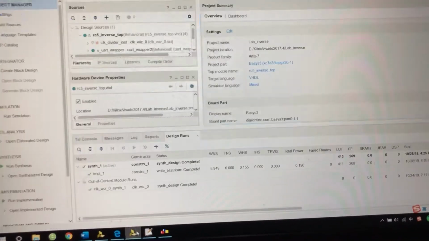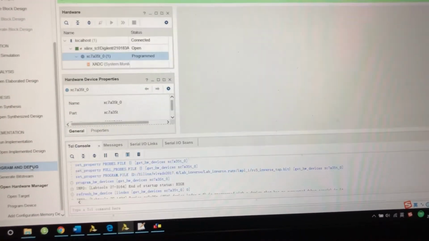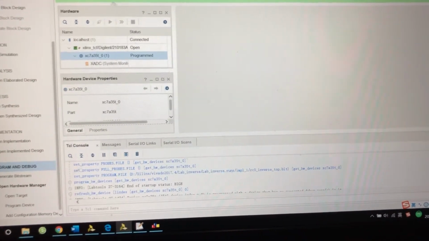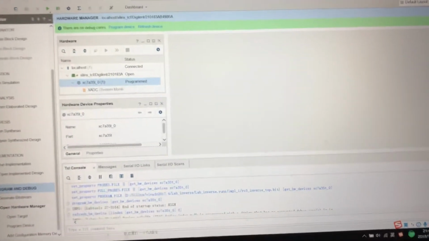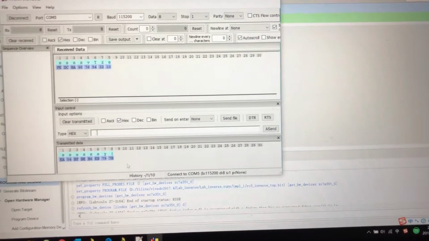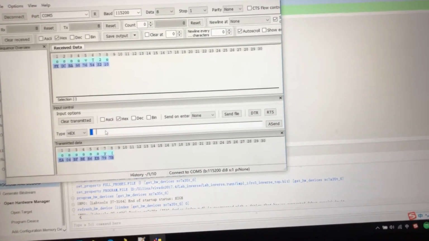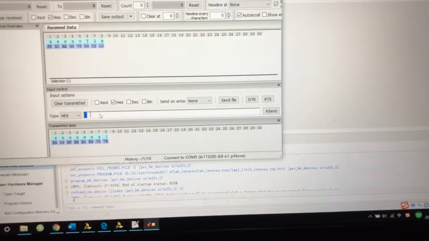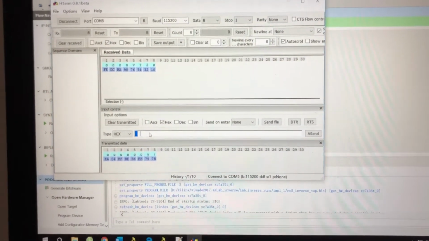So after generating a bitstream, let's open the hardware manager. I have connected my Basys 3 board, the FPGA, to the computer. So let's open HTerm and type in the input of the inverse function, which is